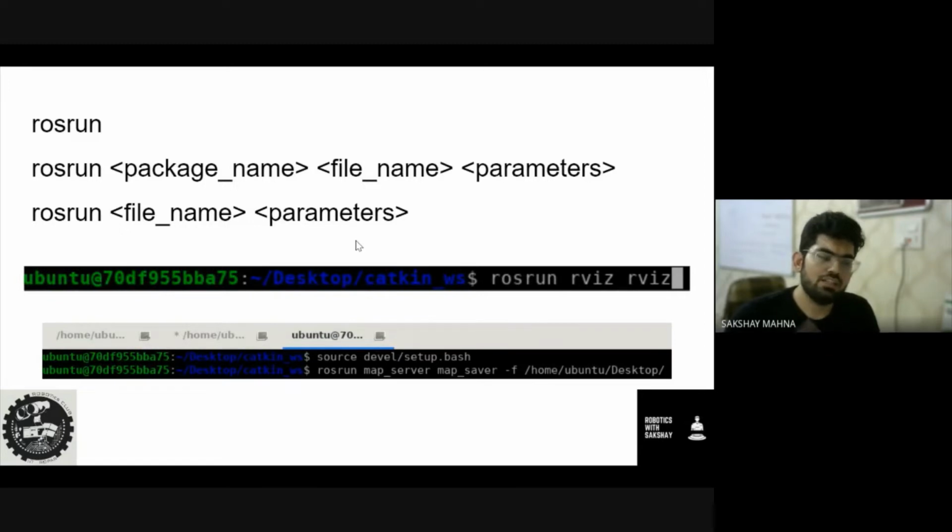Now, I would like to ask a question over here. We can run single nodes, that is good enough. So why would we need another method to run the nodes as well? Any guess related to that? Okay, so the reason why we need another method to run the different nodes is that when we run